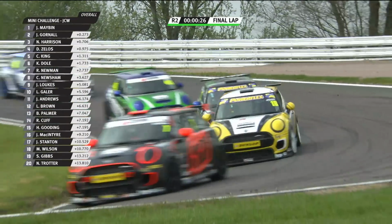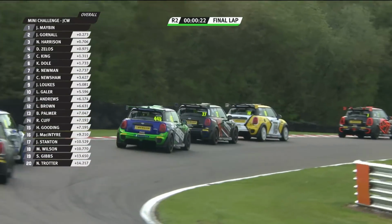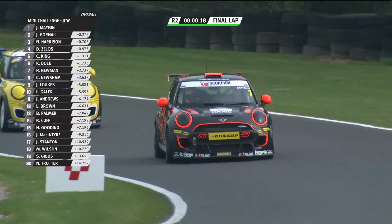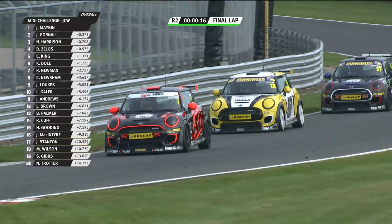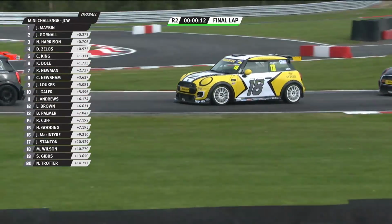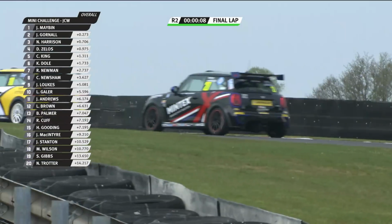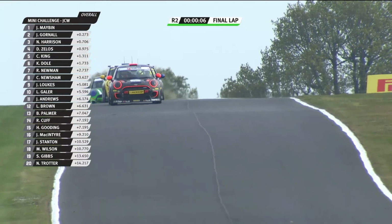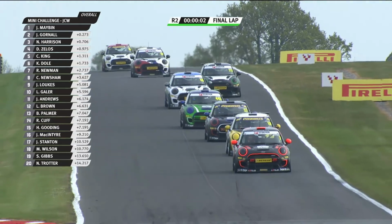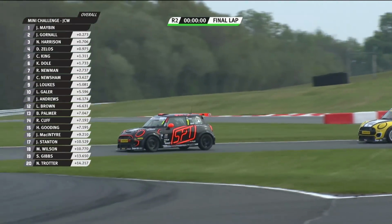So final lap of the race, Jack Mabin looking for the victory. For Gornall, a win would be nice, but given the fact that he's been rather embroiled in the battles in this race, maybe 2nd place is the more sensible option. He knows how to win championships. He's won in British GT, he's won in on-make BMW racing as well, and so he understands you don't have to win every race, but if you can be on the podium in every race, or almost all of them, that's a pretty good method for winning a championship, and that is something that he has proven time and time